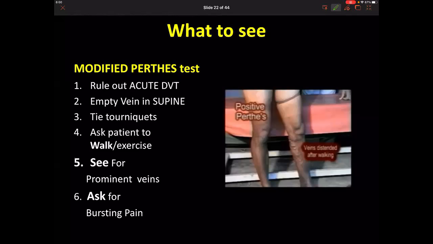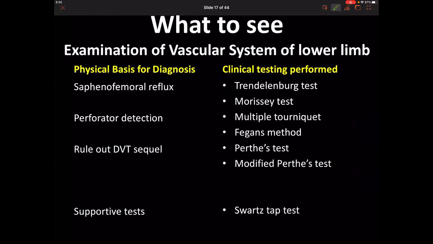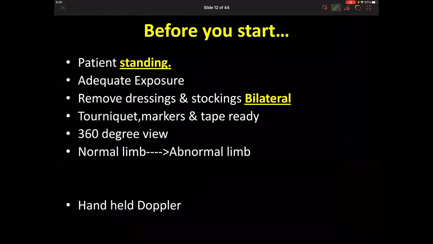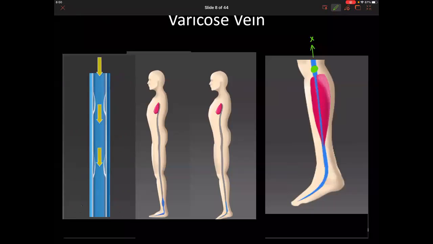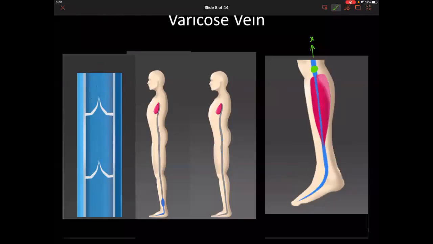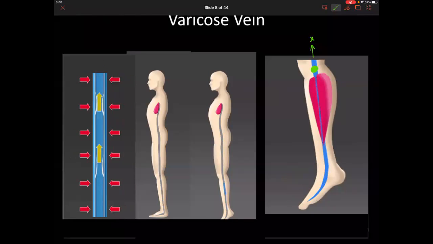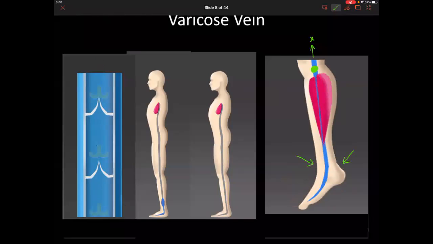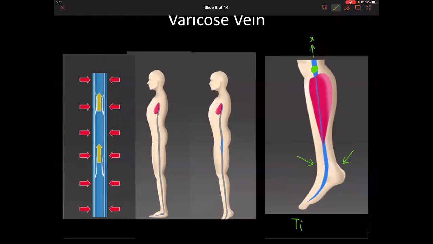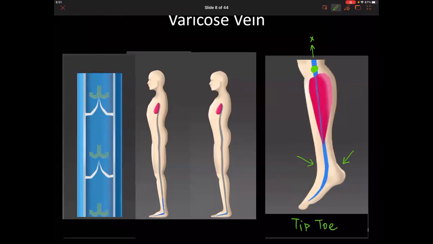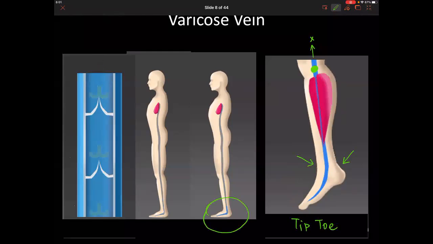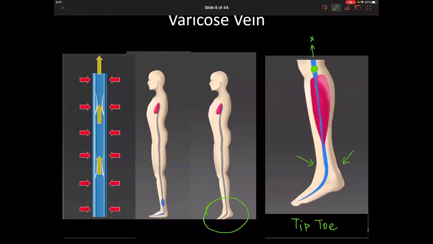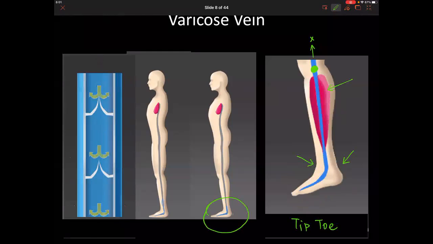Okay, completed. So we go to the test that you are asking to be shown. Some people ask me why I asked the patient to walk. In this picture, can you understand why walking is very important? Either you can tell the patient to do a tiptoe, which also has the same effect. So please understand, it is the walking maneuver. What is this muscle that I'm trying to show you?